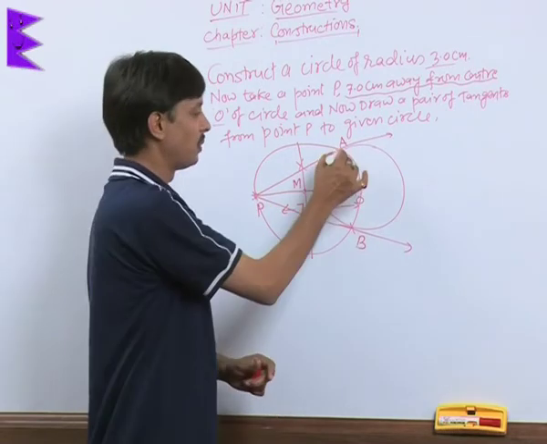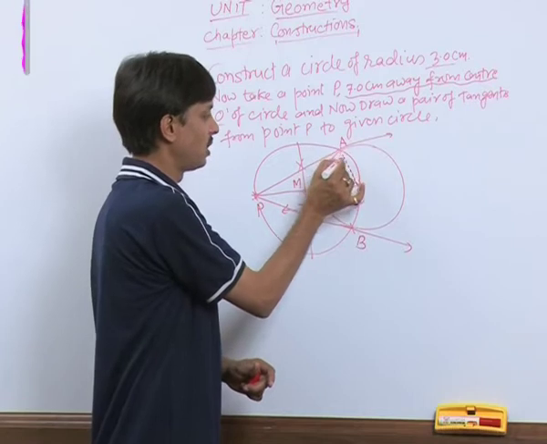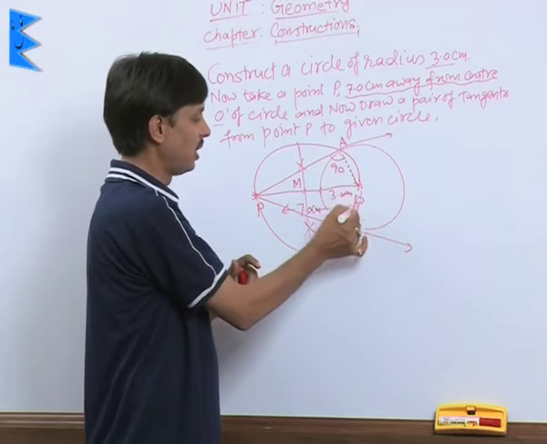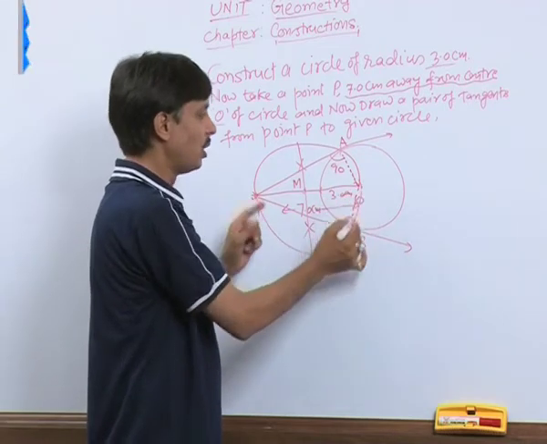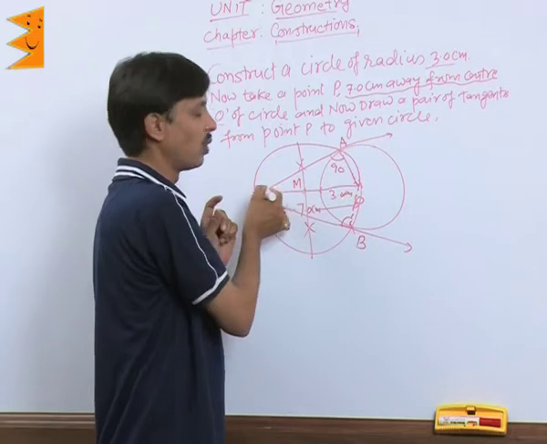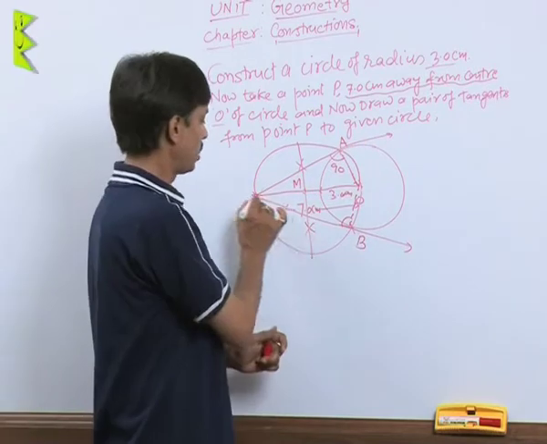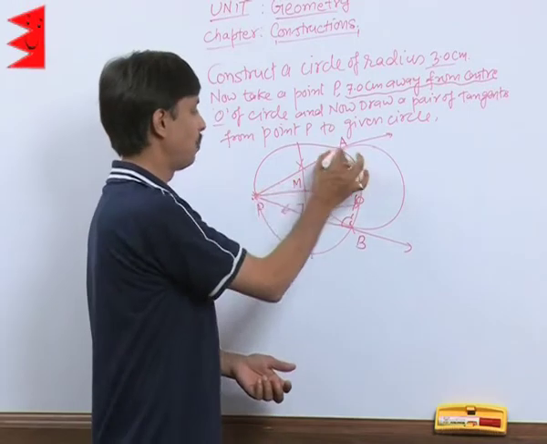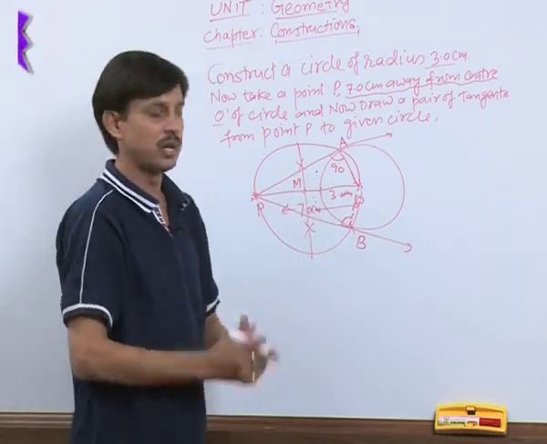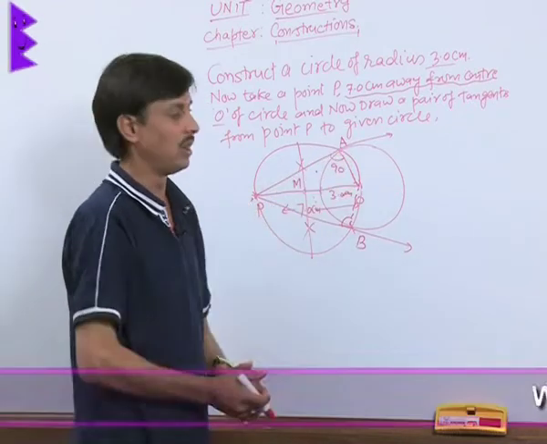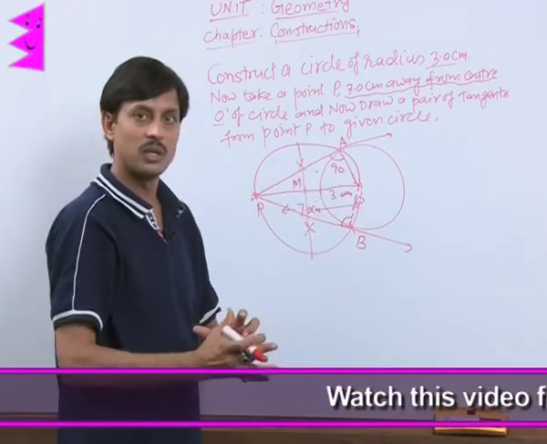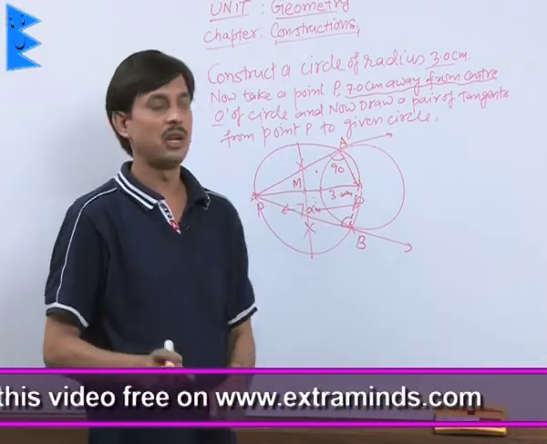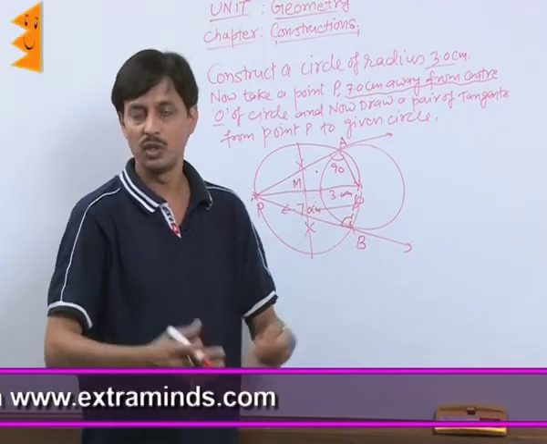with the help of joining this, because this is a 90-degree angle in a semicircle for the bigger one. Similarly, this angle is also 90 degrees at A. So a radius perpendicular to a line is known as a tangent. Similarly, PB is a tangent, and by the property of congruence, we can say PA and PB are tangents which are equal in length. So this is one of the constructions where we draw a pair of tangents under the given condition by using the center.